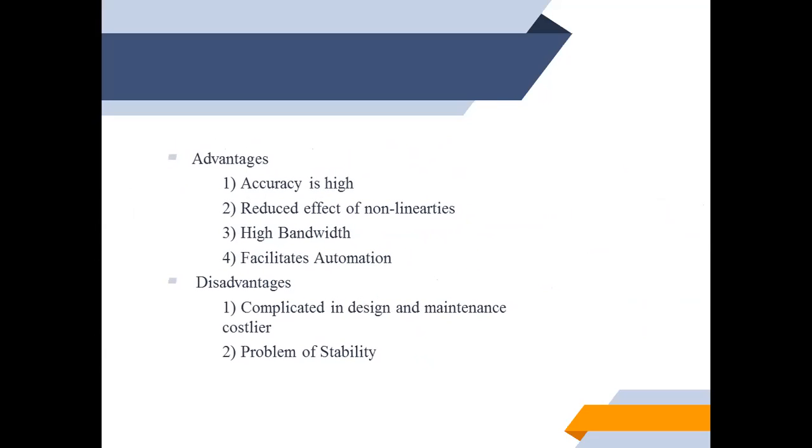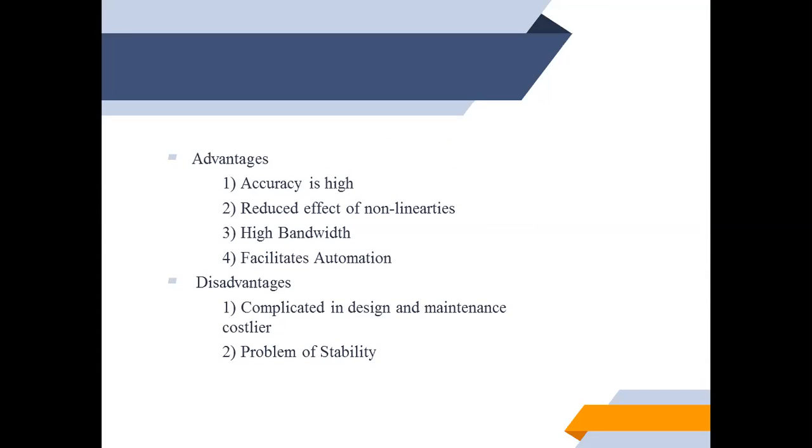So the advantage of closed loop control system is its high accuracy, since we have a feedback unit and the control action is dependent upon the output. So the accuracy of the system is high. It reduces the effect of non-linearities. Due to this feedback unit, the external disturbances are reduced with the help of the correcting measures we are having. High bandwidth,